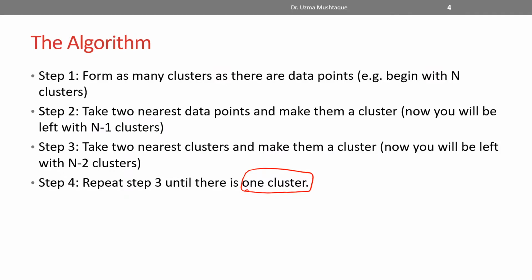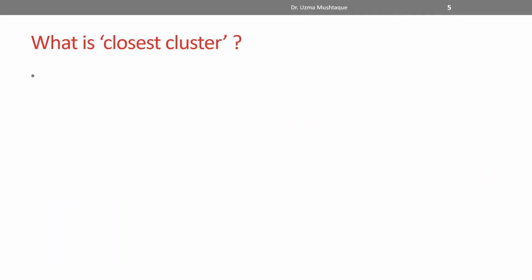What do we mean by these nearest data points? How do we realize this nearest or closest? What do we mean by that? Just like with the earlier algorithms, nearest here or the closest cluster here actually refers to the distance between data points, and it could be Euclidean. Mostly it's Euclidean, but we can go for other distance types that we discussed in one of the earlier videos, but mostly think of it as Euclidean.